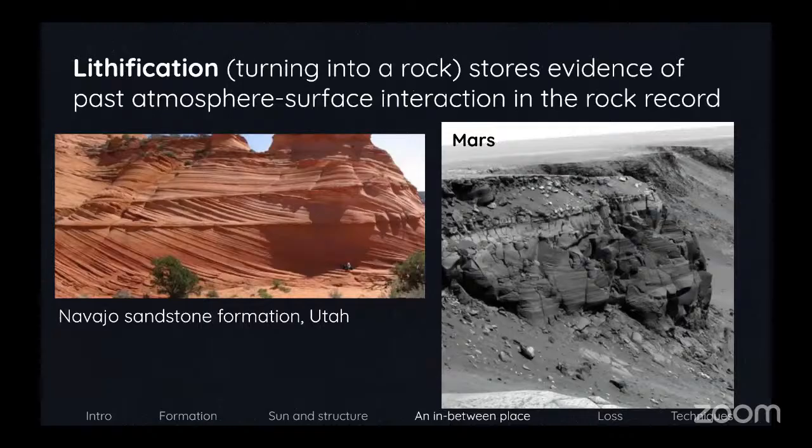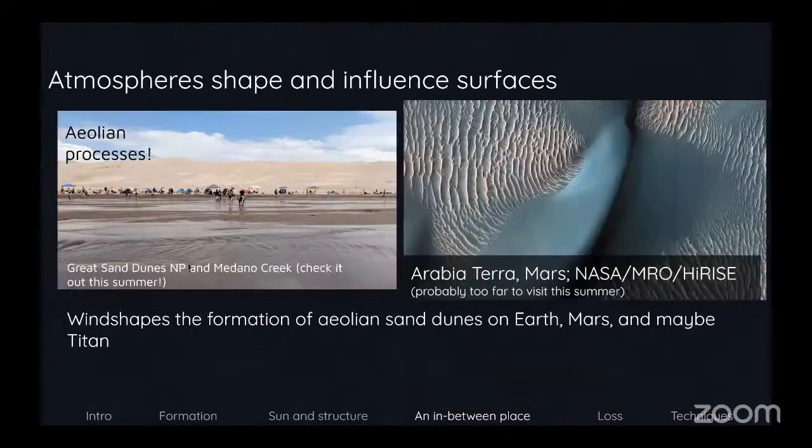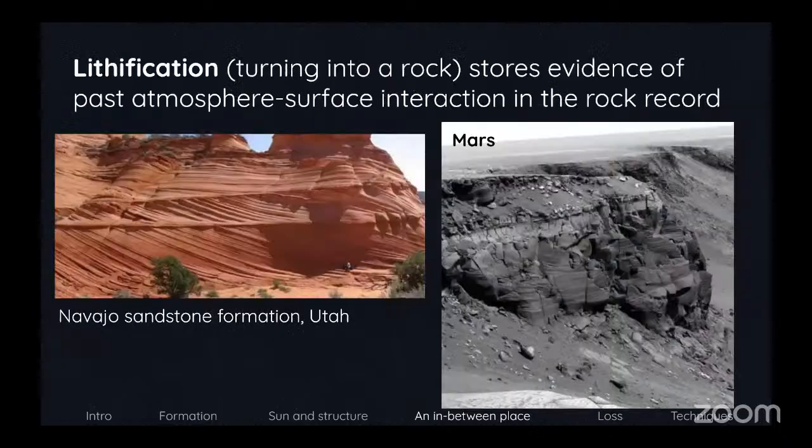This is just a quick slide to point out how these dunes are not just something we can observe actively. We can also see how they have existed throughout history by looking at the rock records. So this is two examples of lithified dunes, which just means dunes that have turned to rock. You can see them in Utah in the Navajo Sandstone Formation.